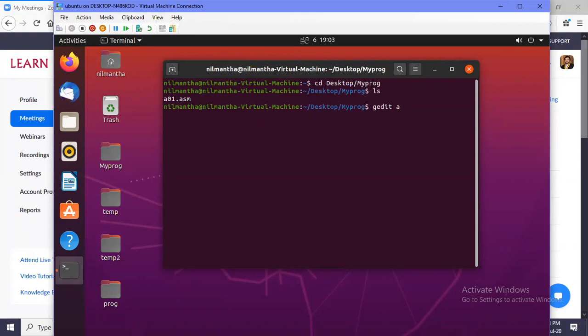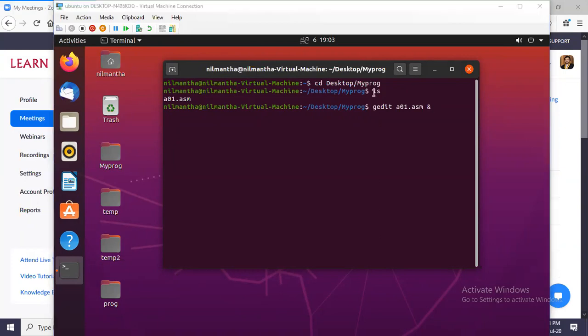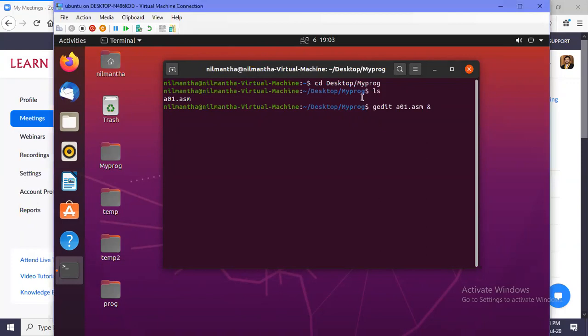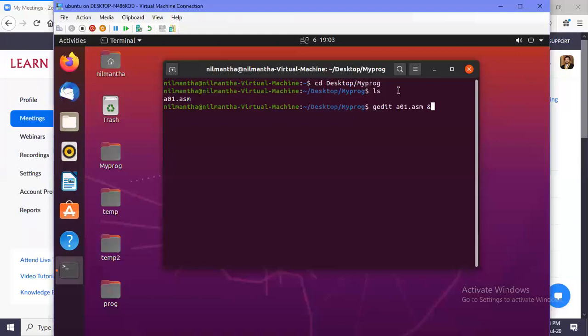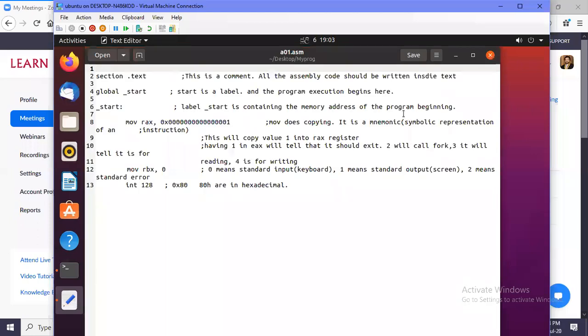The name of the file is a-node1.asm. Then you will get the assembly file opened in the gedit text editor.